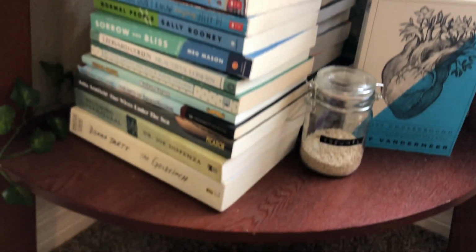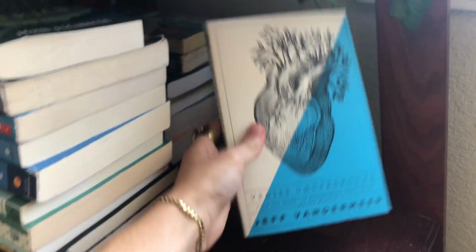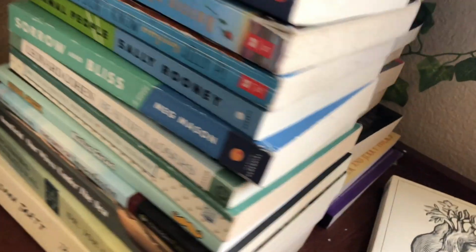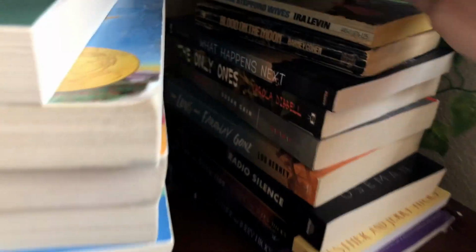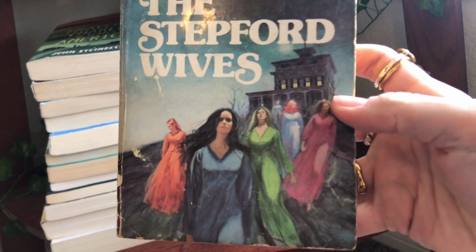And then the final shelf down here, this is the blue shelf. I'm just gonna move my sand. This was that other VanderMeer book that I've mentioned. And then in the back here, let's start. Oh, I do have a copy of The Stepford Wives. Oh my gosh, it was just back here and I forgot I had it. How freaking cool